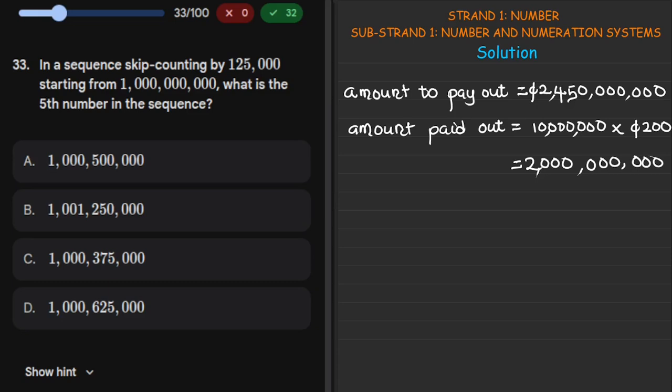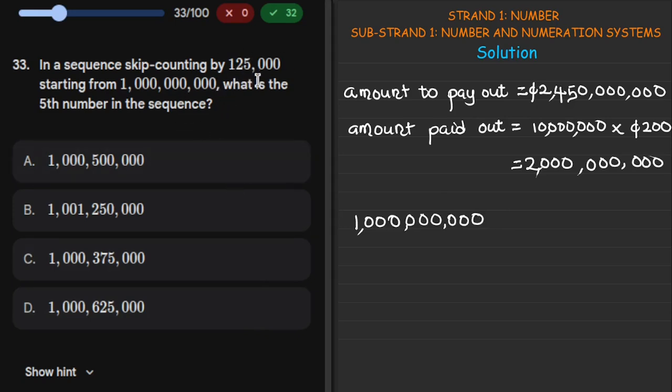Now, question number 33. It says in a sequence, skip counting by 125,000, starting from a billion. What is the fifth number in the sequence? Okay, so looking at this, we are actually skip counting in billions. And since we've not been told either forward or backwards, then the default is forward. So our first number I would mention in the sequence is the 1 billion. So after the 1 billion, we are going to add